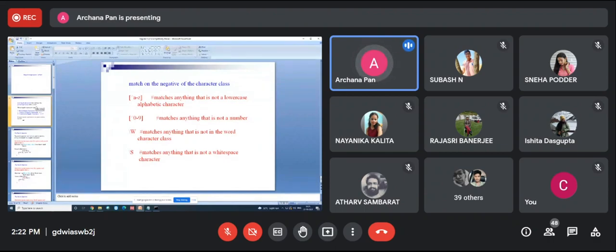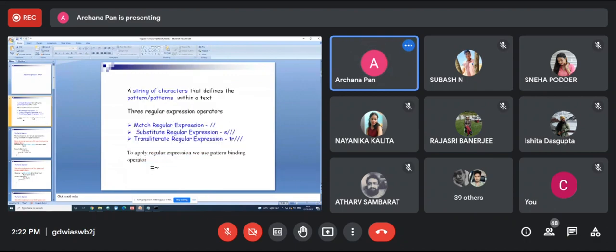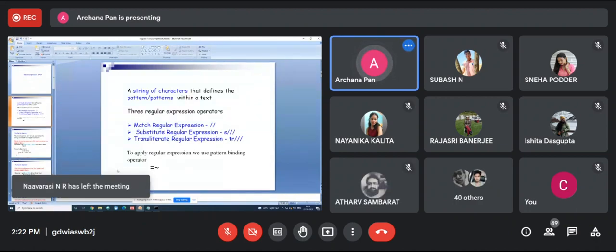Now, in case of regular expressions, we are using three match operators. Three types of operators: the match operator, the substitution operator, and the transliteration operator.